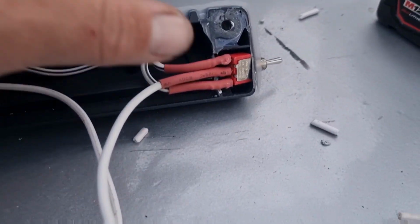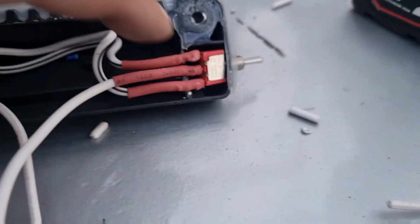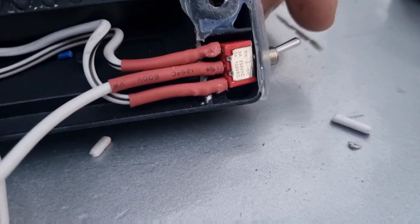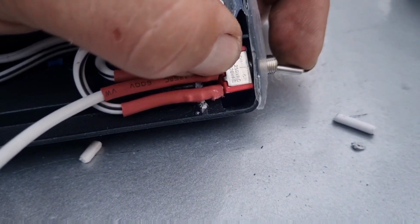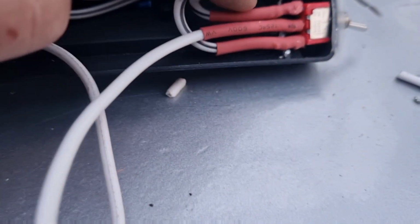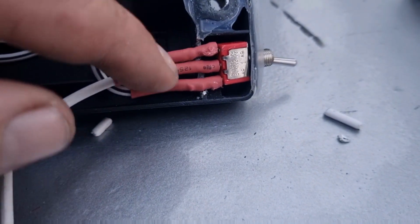Okay, so pretty much ready to rock and roll, put it back on. So essentially, when you flick it up like that, it sends power down this wire, which goes to any color you want. Turn it off, and then also that position sends it to the other color. So it's really just 3 wires. Your top wire there can be your orange or your white one. The middle one there is just your main 12 volt positive wire. And then your bottom wire there is